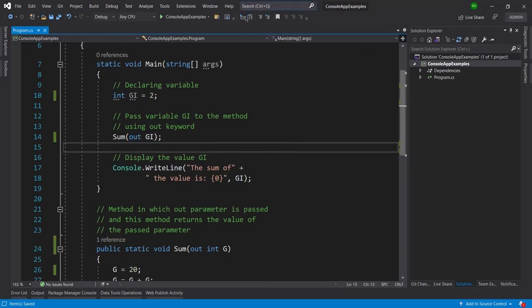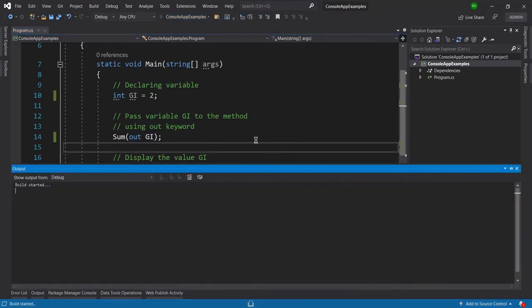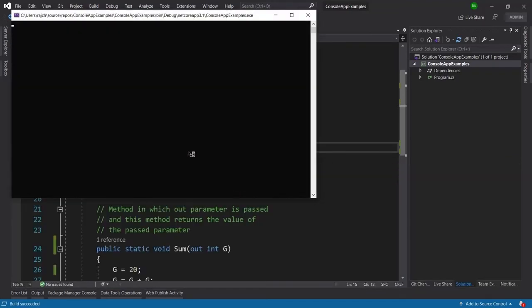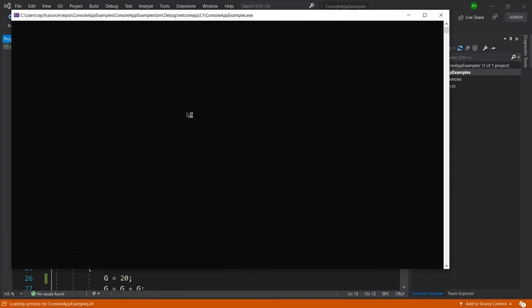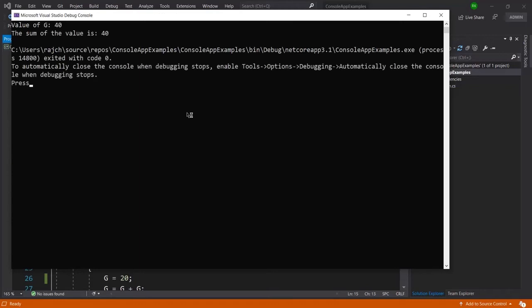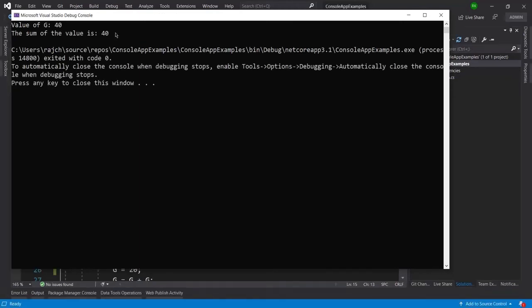So let me show you again here, and you will see we get the output 40 for both the G variable as well as the GI variable. So you can see here we got the value 40.